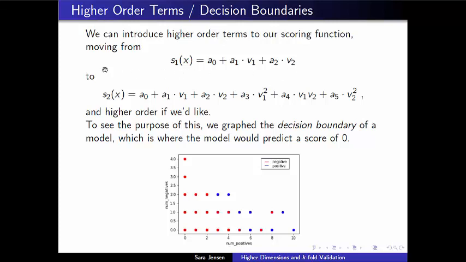And what we're going to do first is talk about what happens if we wanted to consider not just these two features, V1 and V2, but maybe we want a model that takes into account that scoring function, but also takes into account the square of those terms and maybe a cross term here, the way that these two features relate to one another. And so what I'd like us to do is see how that helps us visualize what's called the decision boundary